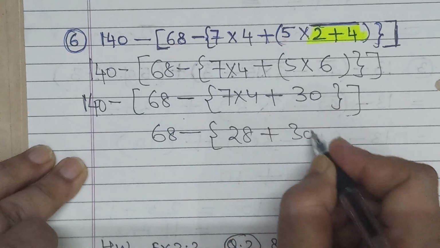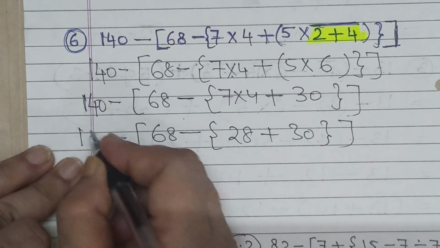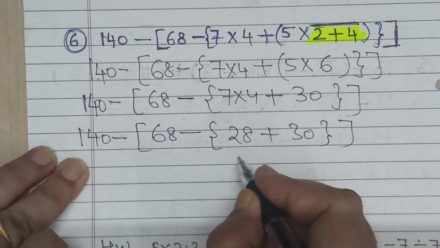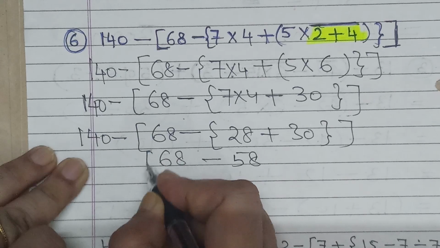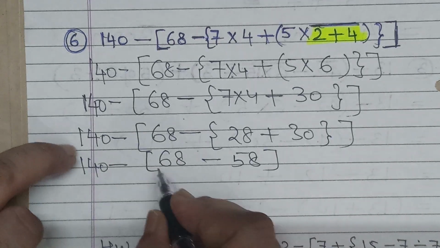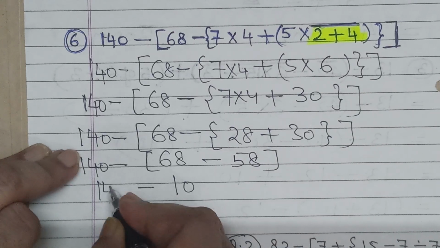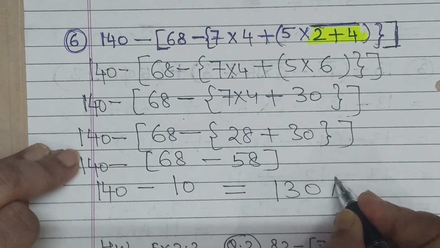plus 30, this is 140। Now 28 plus 30 is 58। 68 minus 58 is 10। From 140 we have to subtract 10, answer is 130।